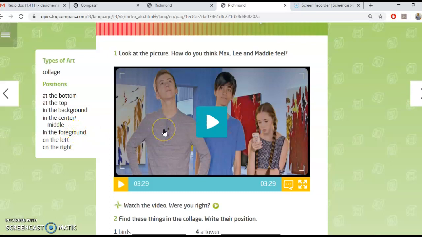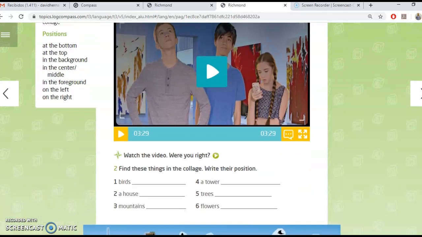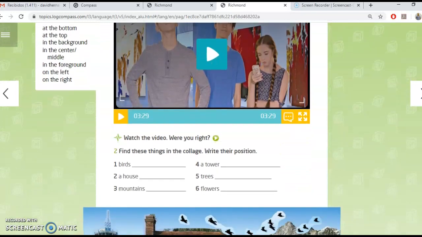In the foreground means the most important part of a picture. In this case, we can also say the 3 guys are in the foreground of this image. They are the most important part of the picture. Then we have on the left, from our perspective, he would be on the left, and on the right, it would be the girl. Yes? Okay, now that we have explained the expressions, we gotta go down and see what the book is asking us